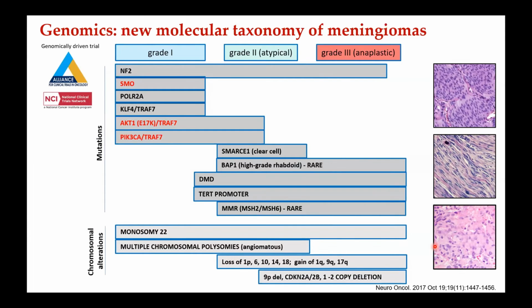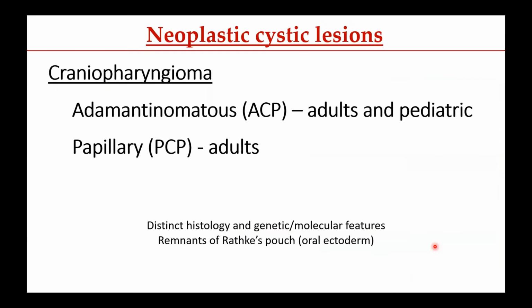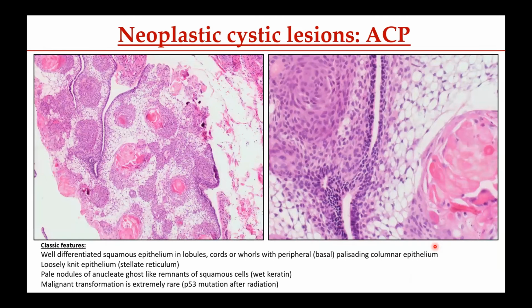these molecular patterns. So pivoting to craniopharyngiomas, these are neoplastic cystic lesions in the sellar and suprasellar region. There are two main types. There's the adamantinomatous type of craniopharyngioma that arises both in children and in adults, whereas the papillary type of craniopharyngioma occurs almost exclusively, not exclusively, there are rare cases, but almost exclusively in adults. These tumors have very classic